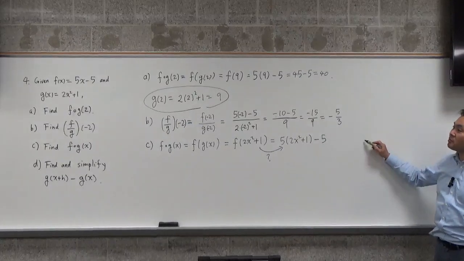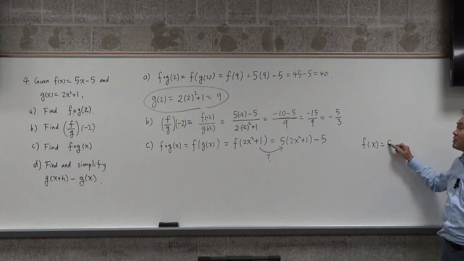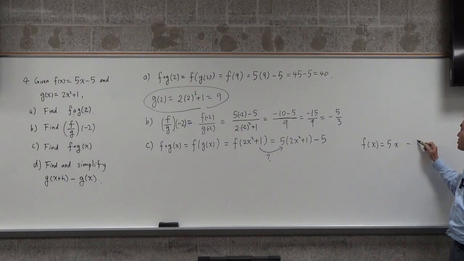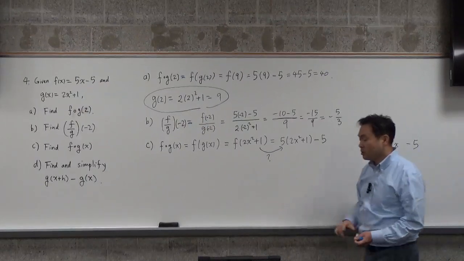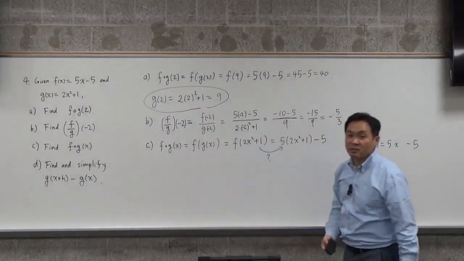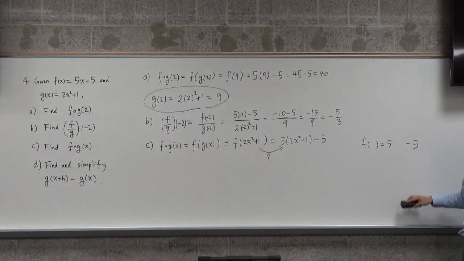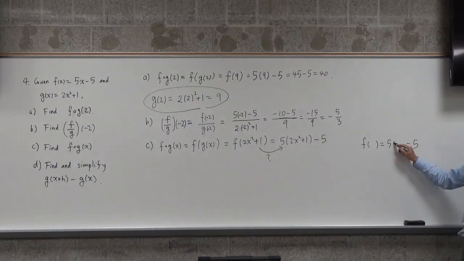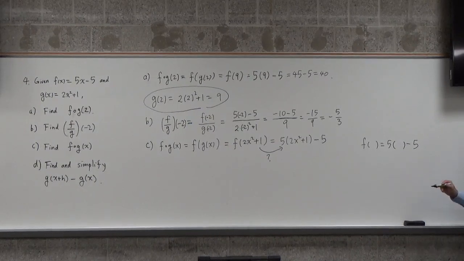You start from the definition of f of x equals 5x minus 5, right? But what you do is, step one is to delete all the x and replace the x by parentheses. That's step one. Got it? Step 1, delete x, replace all the x's by parentheses. Step 2